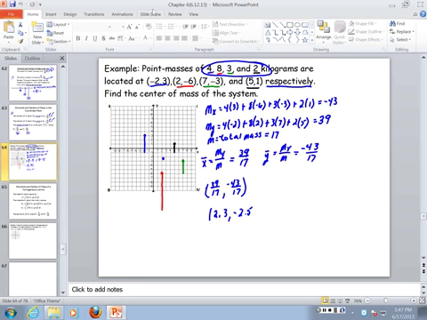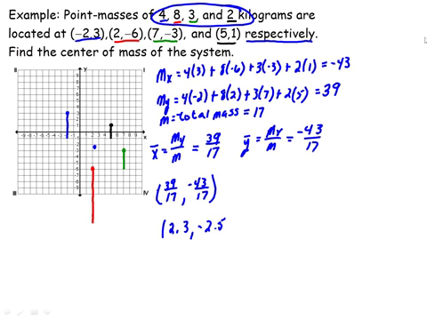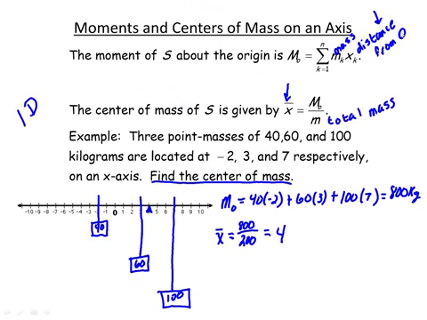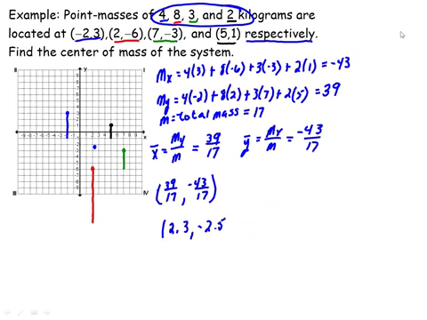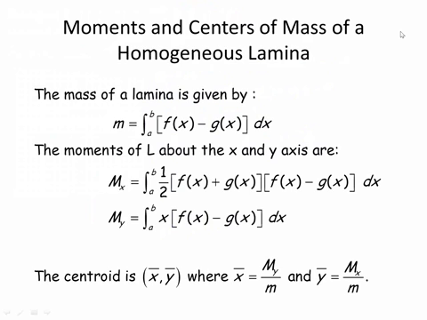Okay, so when we were in here last time, we were talking about moments and center of mass, and we went from one-dimensional to two-dimensional. Now we're still going to be working in 2D, but the shapes are going to be, you're actually going to have a region. So we're going to go back and talk about being bounded by certain graphs, kind of like what we did